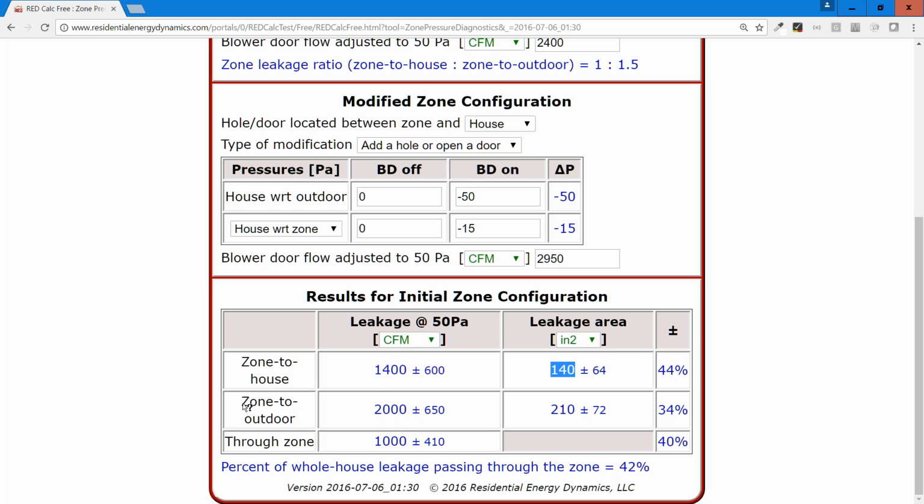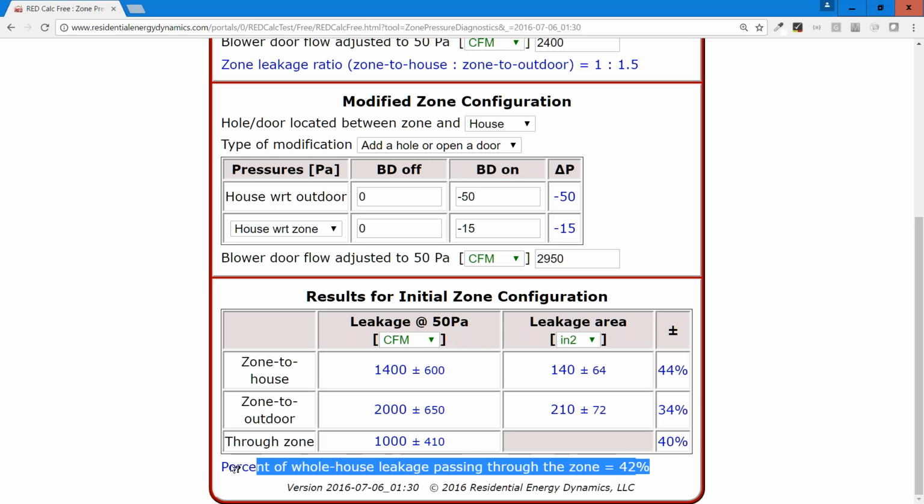From the attic to the outdoors, 200. We expect that because it's not as resistant an air barrier, plus or minus 650. And here we have the square inches of leakage from the attic to the outdoors. This is essentially the attic venting area. Here is our uncertainty. And this is the through zone, which is 1000. This value will always be less than the two above it, because this is including both pressure boundaries, both points of resistance. And finally, this value tells us that 42% of the leakage in this house is going through the upper part of the house, through the attic floor and the